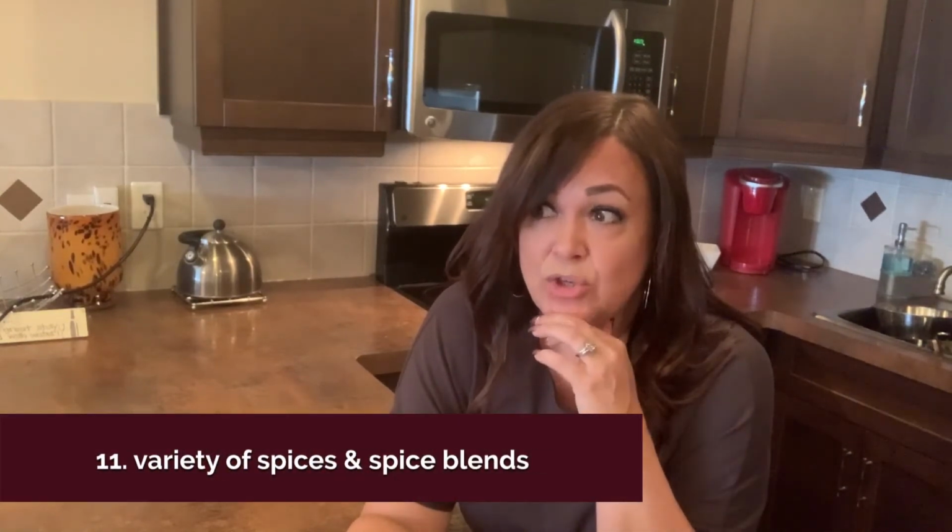A variety of spices. Don't overload with spices. Check your spice rack to make sure that you don't have things you can use up first, and then maybe get yourself a couple of spice blends that you can use on an ongoing basis. I had a lemon and herb one the other day that I threw into a marinade for lamb chops. And I was making a braising liquid for some ribs, and I had this Cajun blend. So if you have a couple that are your good go-tos, garlic and herb type things, just keep a couple of those handy instead of stocking up on 20 different herbs or dried